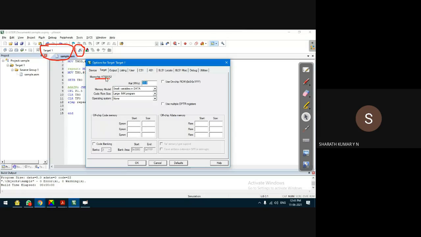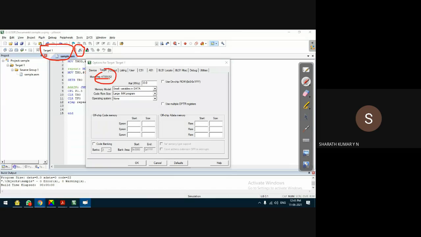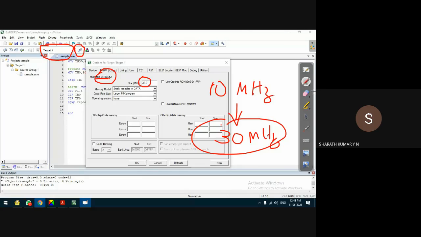By default, the compiler shows the frequency of this controller as 33 megahertz. And as I said in the earlier class, the crystal frequency can vary from 10 megahertz to 30 megahertz. Of course, even above 30 megahertz is also possible.